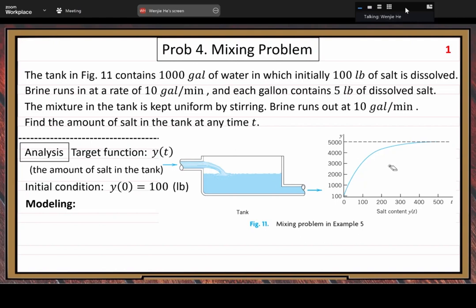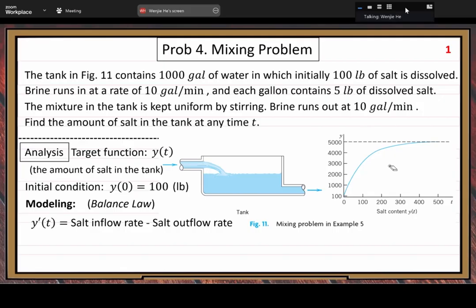There must be some law. Balance law. This whole system is balanced, so there is a physical law to describe the balancing relationship for the whole system. The balance law gives us this equation: the rate of change, y prime of t, of the amount of salt in the tank equals